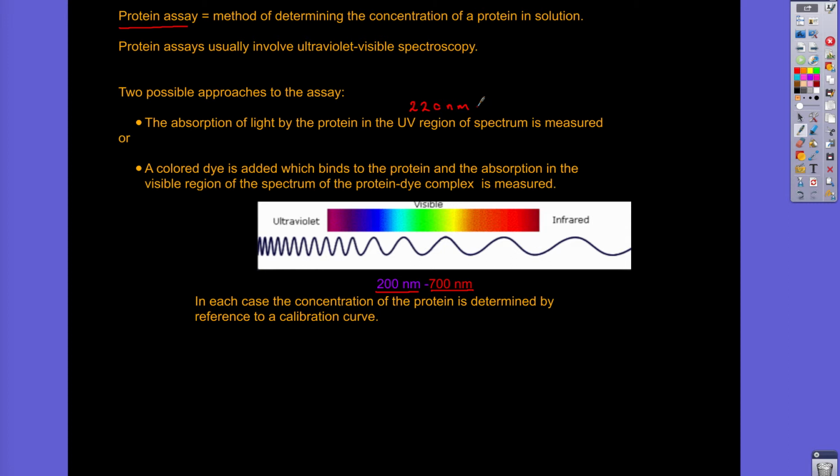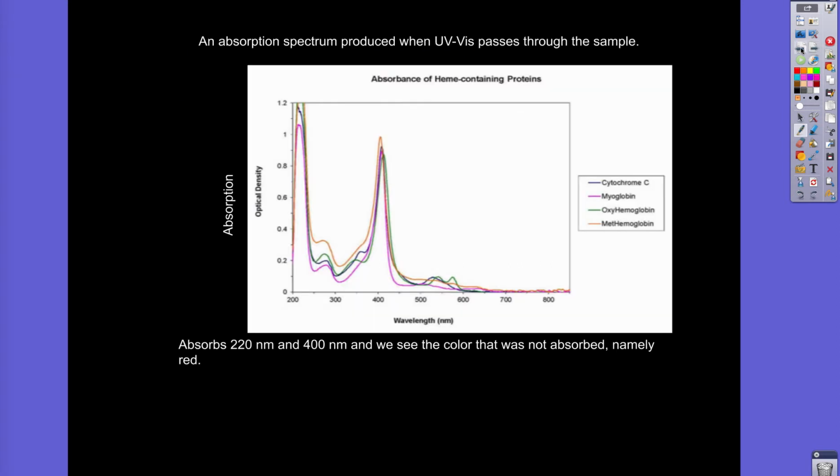rings in them. Or the other possibility is you can add a colored dye to the protein and make them colored, and then we change their concentration and measure how much of light is being absorbed. Then in either case we have to produce a calibration curve, but before that let's just look at absorptions of hemoglobin. For example, when it's put